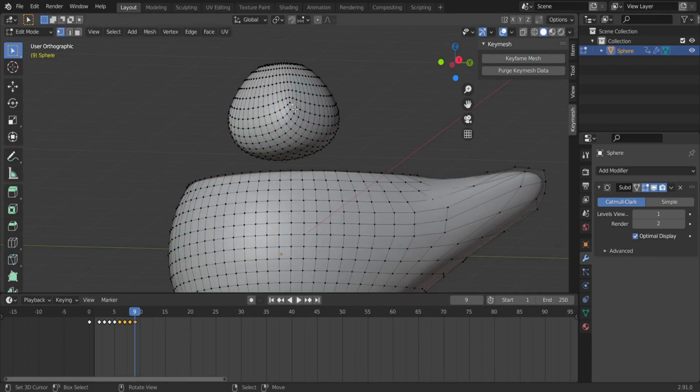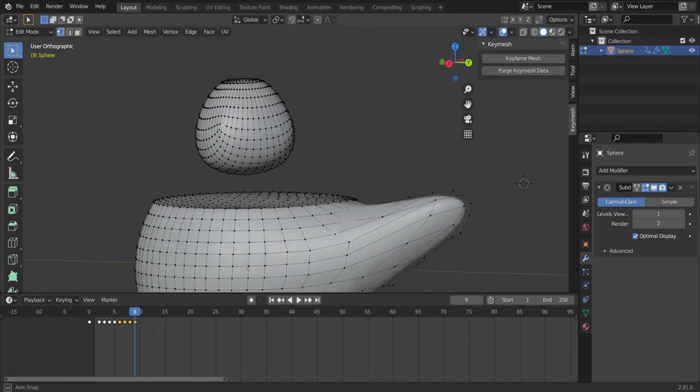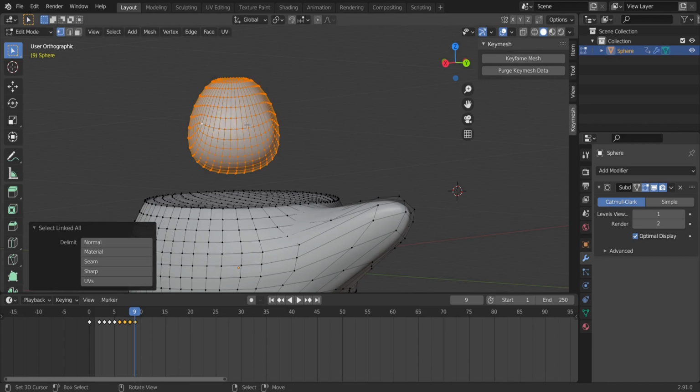Not only that, but also you can add objects in Edit mode to add more objects to your Key Mesh animation.